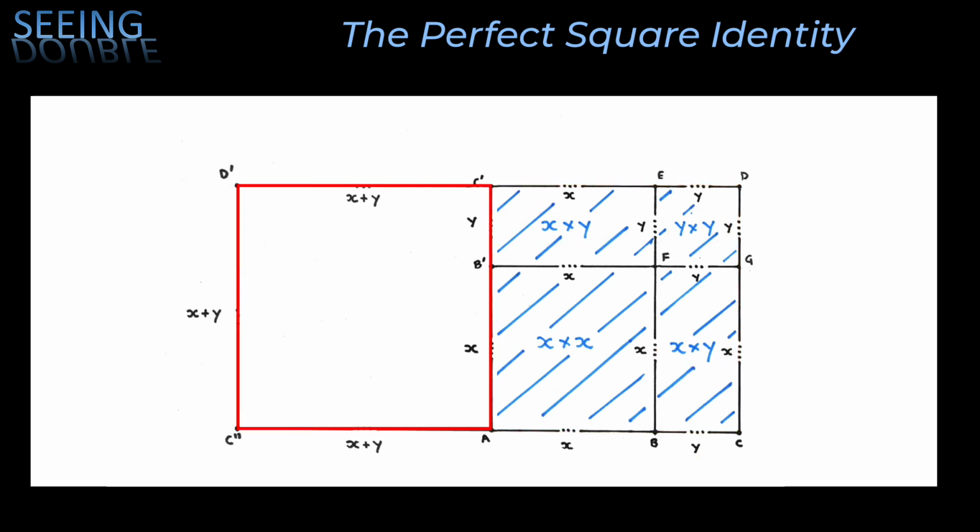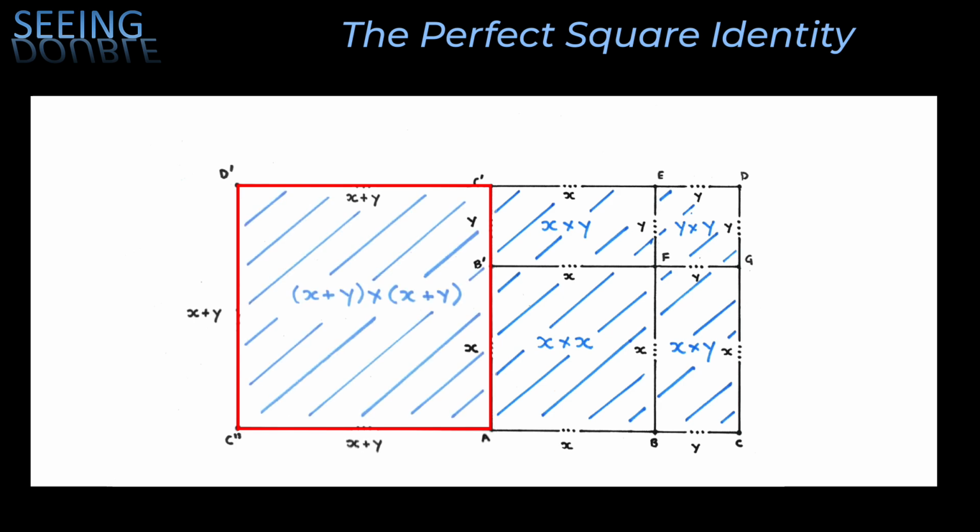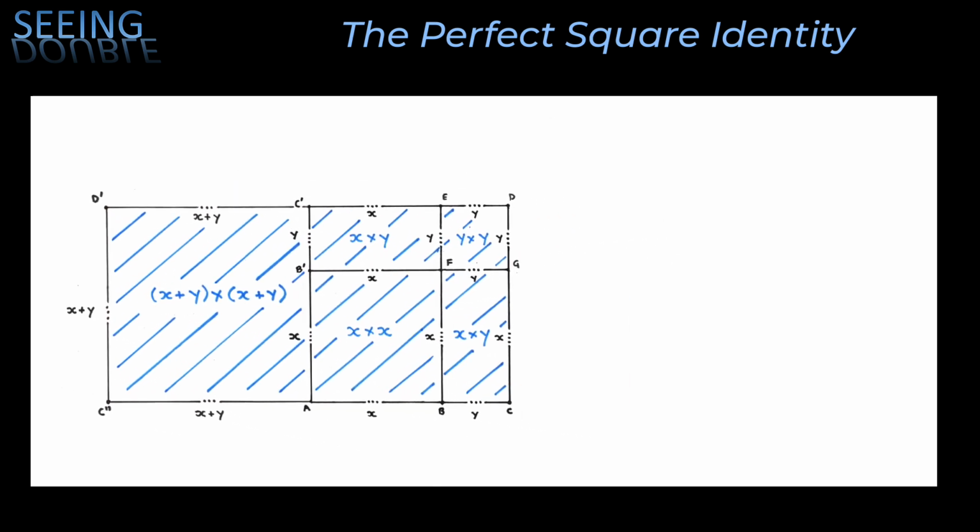As for the square AC'D'C'', its area is x plus y by x plus y. Based on the thinking that we have done about the square AC'D'C'' as a reflection of the square ACDC' and their equal areas, we can say, based on this diagram, that x plus y all squared, the area of square